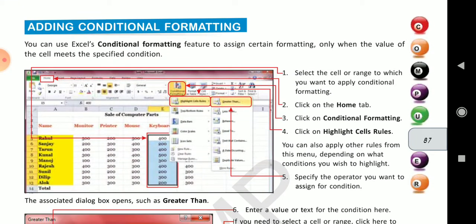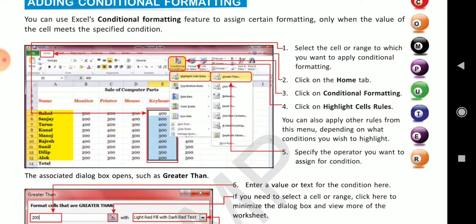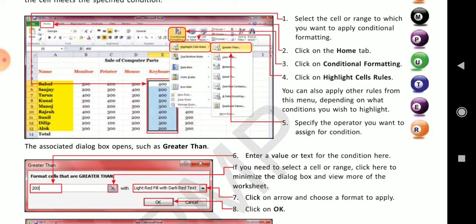Adding conditional formatting. If you want to give any condition to your cell, and the cell meets the specified condition you have provided, the conditional formatting feature is there, and different rules are there: greater than, less than, equal to, less than or equal to.